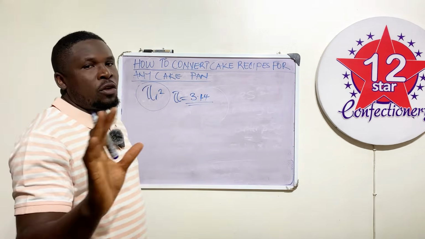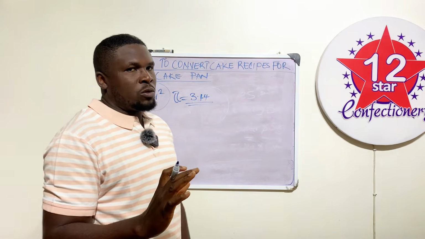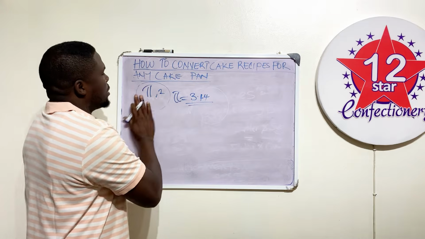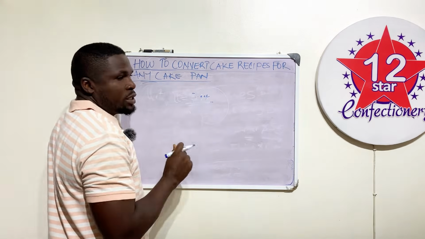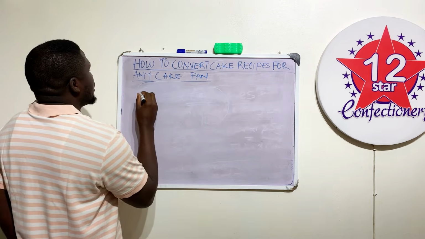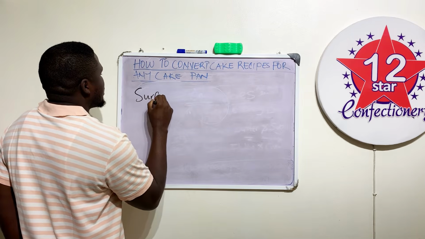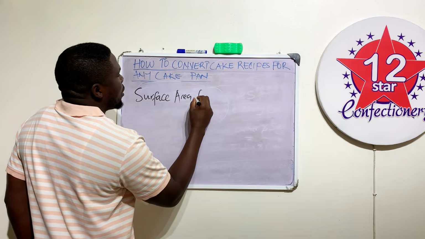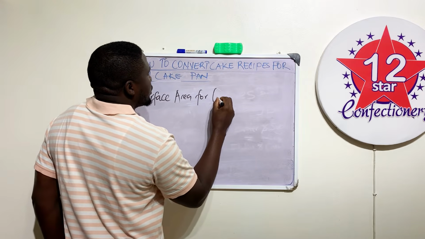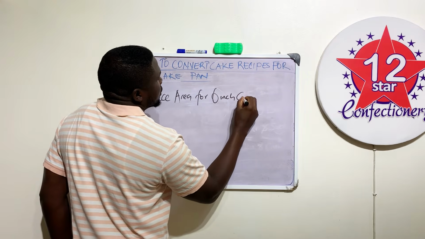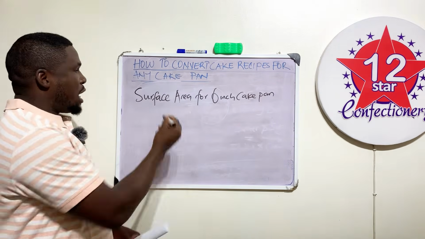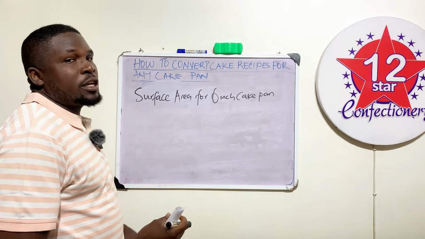3.14. This 3.14 is constant. Do you understand what I mean? Because you know right here we are looking. Okay, let me make it this way so that it will be easier for you. So now we are looking for the surface area for our 6 inches cake pan. So now to get the surface area for your 6 inches cake pan, what you need to do